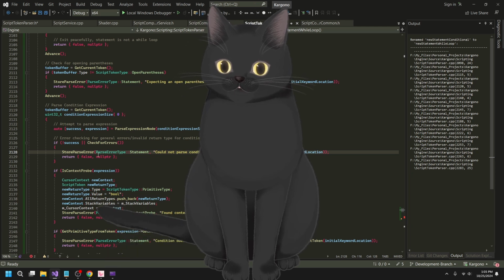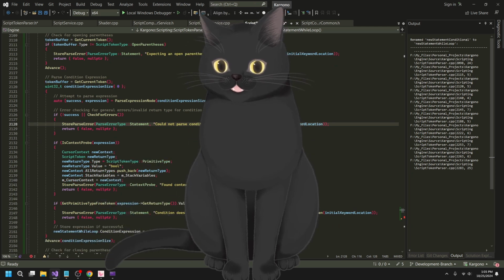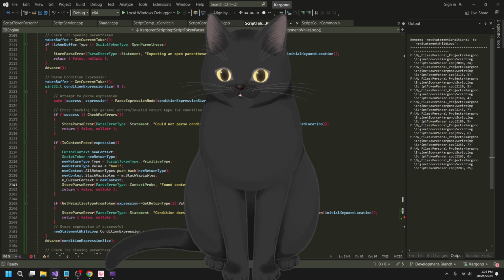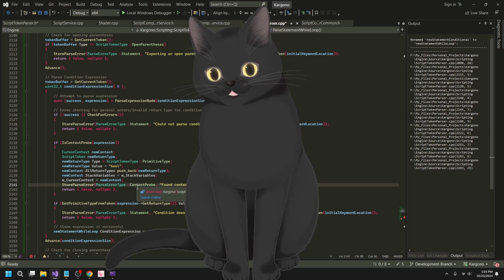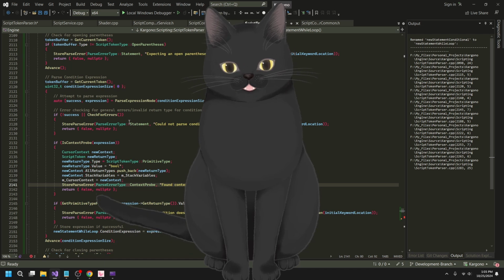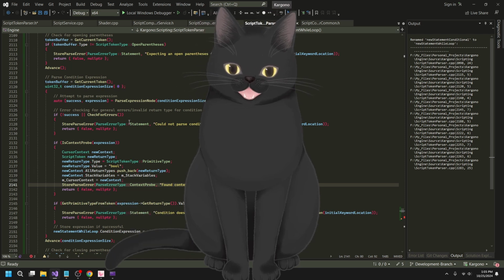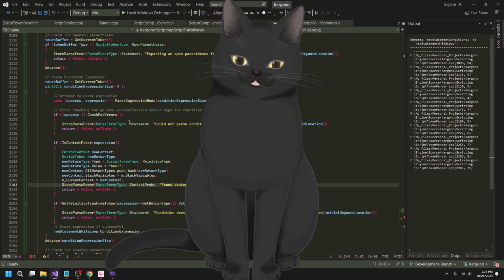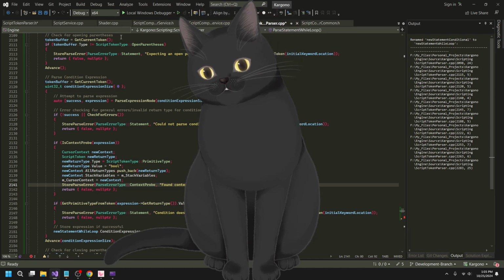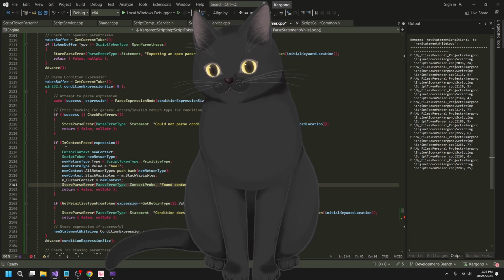Initial keyword, looks fine. Is context probe. Okay, so here we want to do while. But otherwise, the context probe will do the same thing, because it's still checking for a Boolean expression at the end of the day. So this is fine.